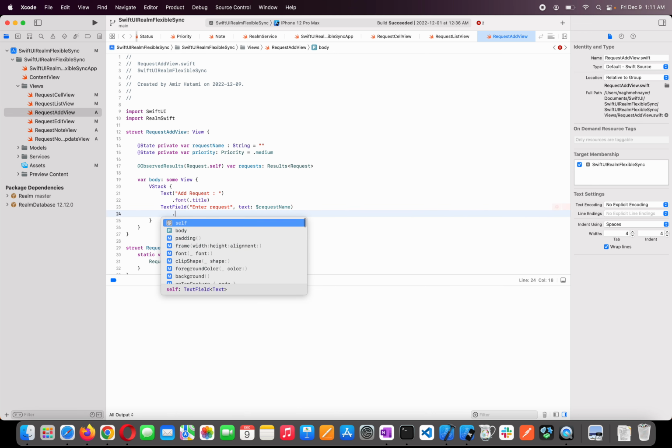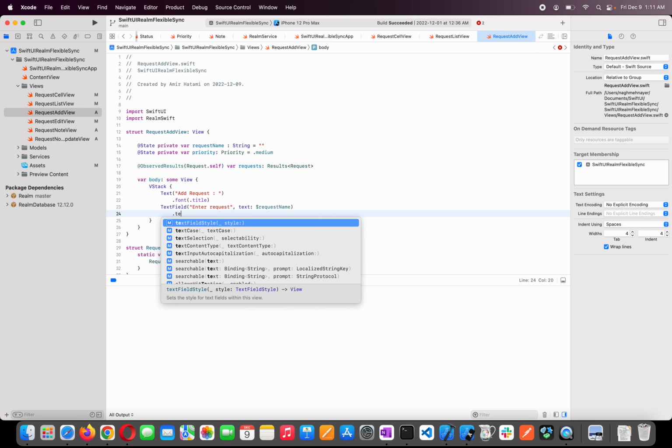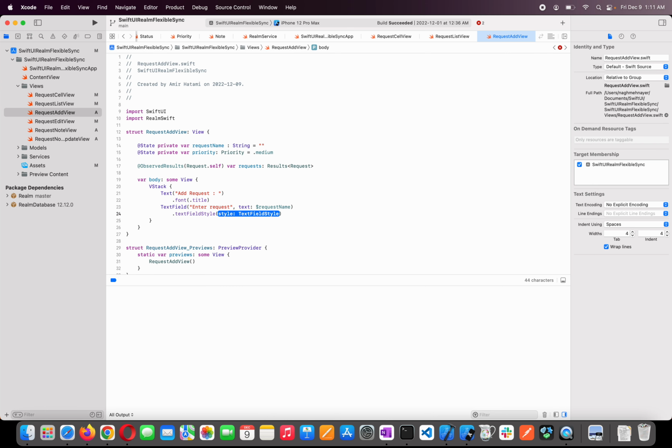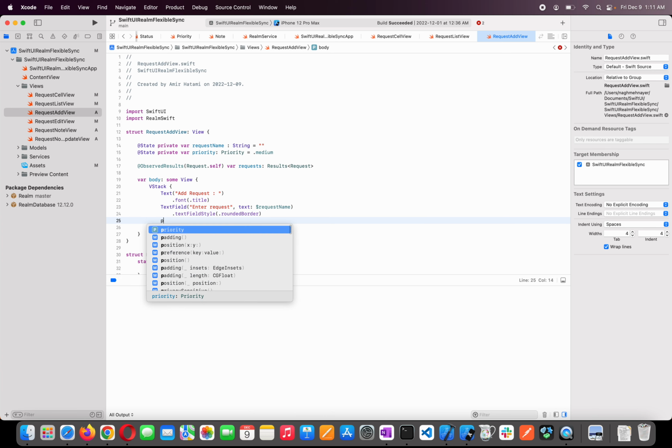And for this one, for text field style, I use rounded border, and also I put one picker